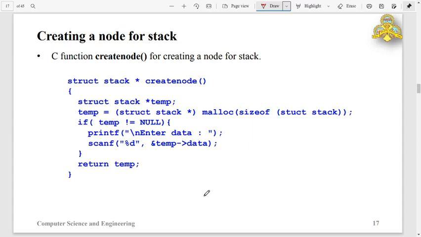Here is a function to create a node for a stack, almost the same as the get node function of the linked list. Observe that here I am creating a temp pointer.